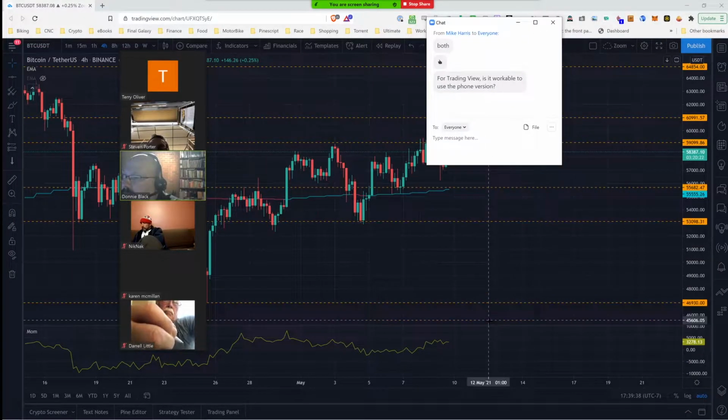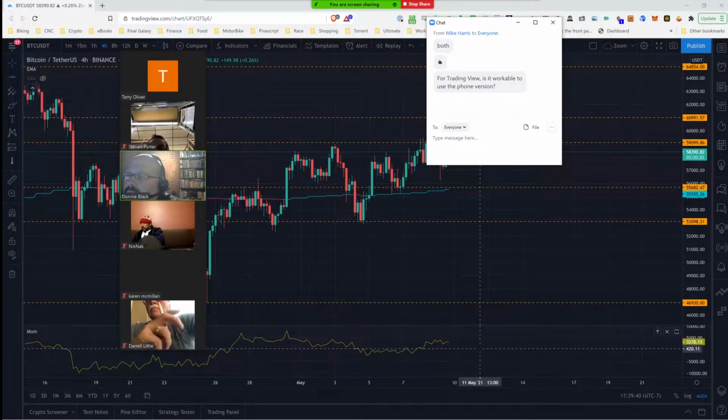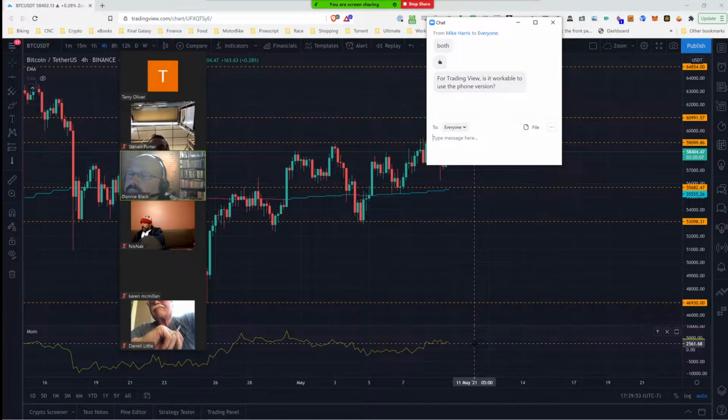There is a zero line that some people use for momentum. I don't really care about that so much, but some people will say momentum above zero is bullish, momentum below zero is bearish, but that's kind of crude,